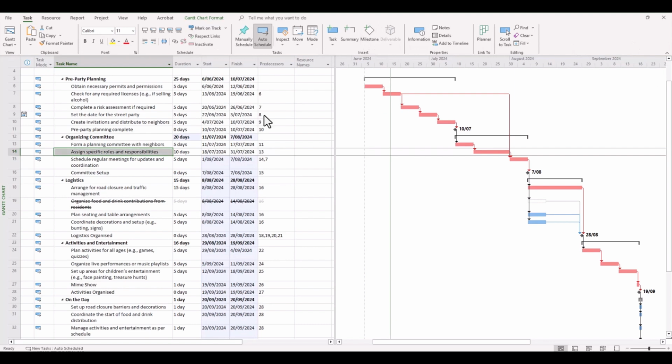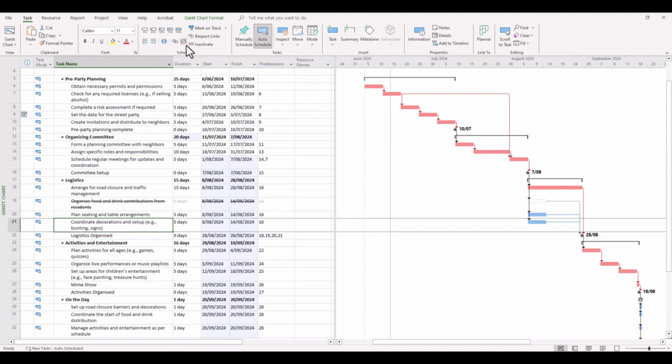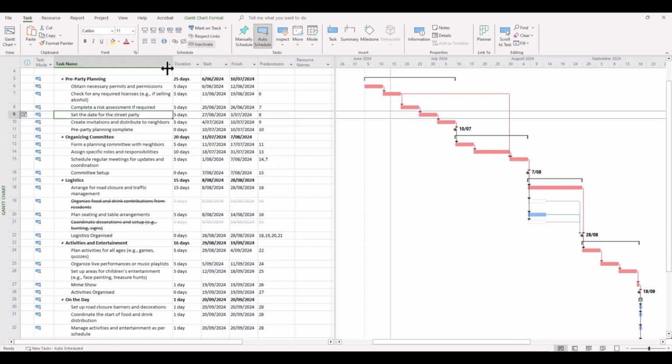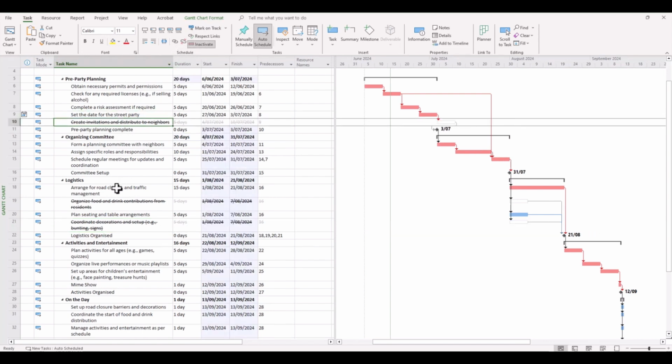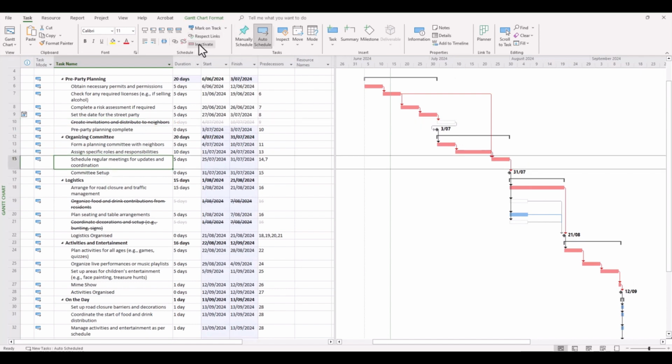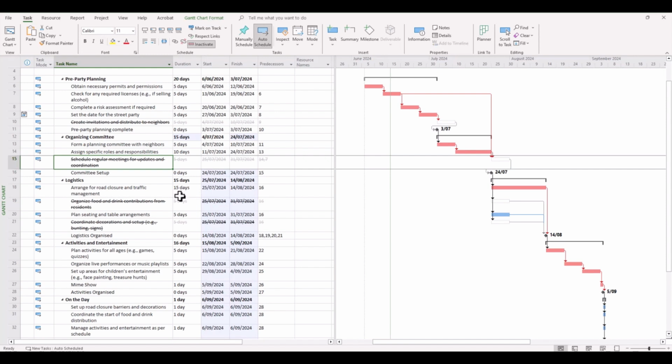Now, you'll probably agree that if you do this for a number of tasks within your Gantt chart, so say for example we're doing that now, inactivate, the Gantt chart itself can get a bit ugly, a little bit messy. There's a lot of things going on there that aren't actually required in the overall scheme of things, but it still takes up real estate, or in other words, still takes up room on your project schedule. So what's a way that we can hopefully tidy this up and only highlight the tasks that we want to show off to our project team, or indeed the project board in this particular case?